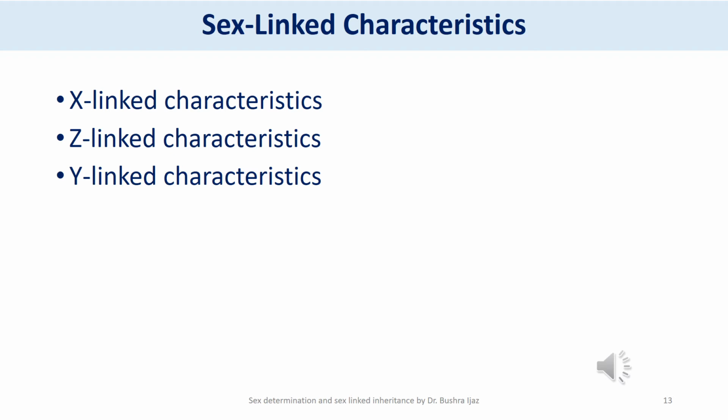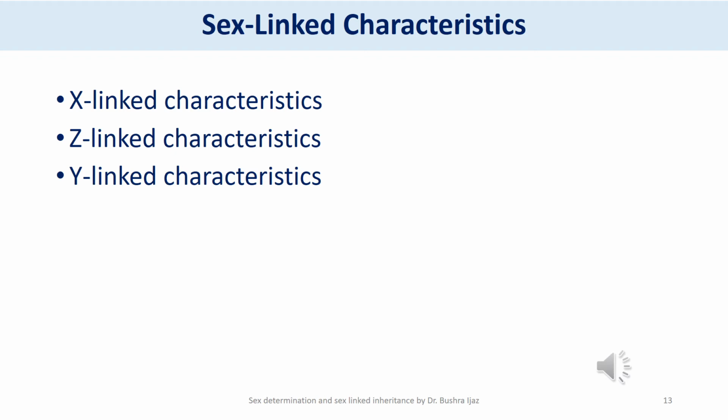So we have three types of characteristics. They can either be X-linked, Z-linked, or Y-linked. In the case of Y-linked characters, they exhibit a distinct pattern of inheritance, and they are present only in the males, and all the male offspring of a male with a Y-linked trait inherit this trait. And I have to tell you that relatively little genetic information is present on the